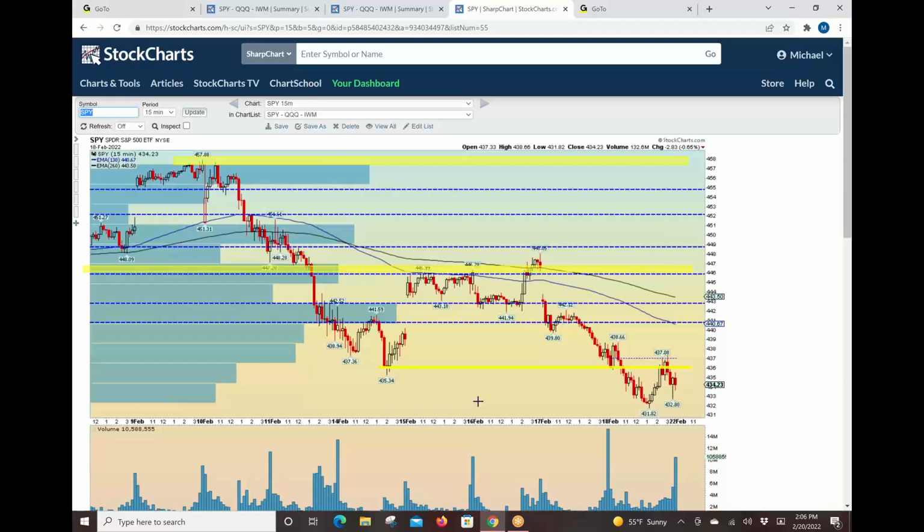Shorting bounces is absolutely, I think, the play. Via options or inverse ETFs. Inverse ETFs you can hold for days. Just know your levels and know basically the point where the market's telling you that you should be getting out of those. I agree with Paul that